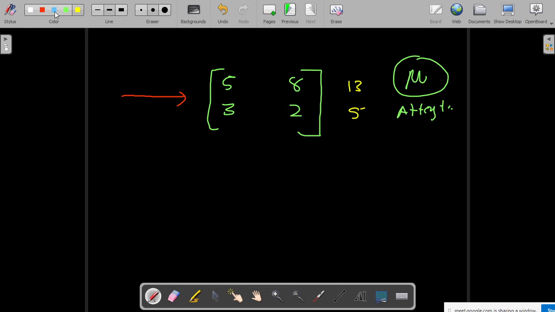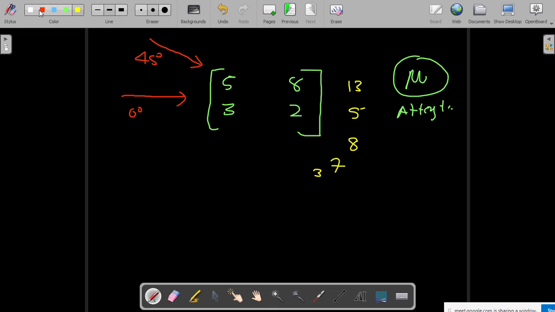Now I will send my X-ray at 45 degrees. So this was the 0 degree projection, and this is the projection at 45 degrees. Now see what happens: this 8 will remain as such, this 5 and 2 alone will get added up, so you will get 7, and this 3 will remain as such. This is my second projection along 45 degrees.